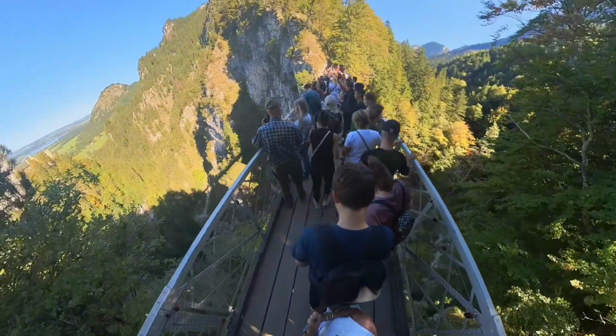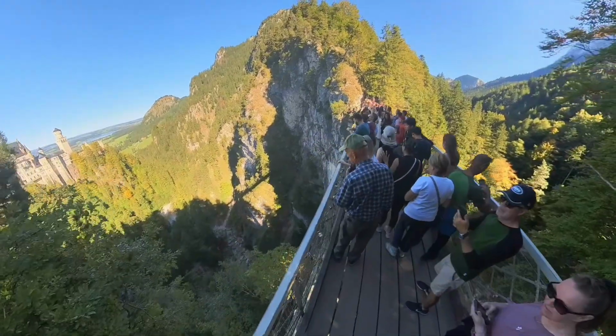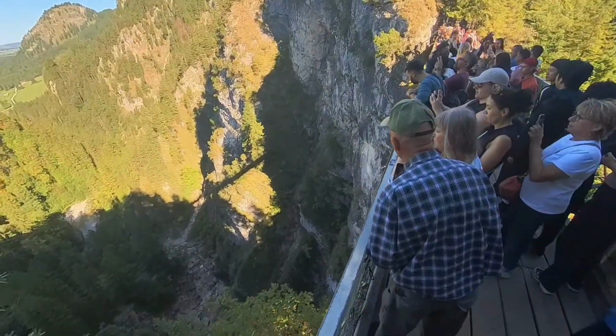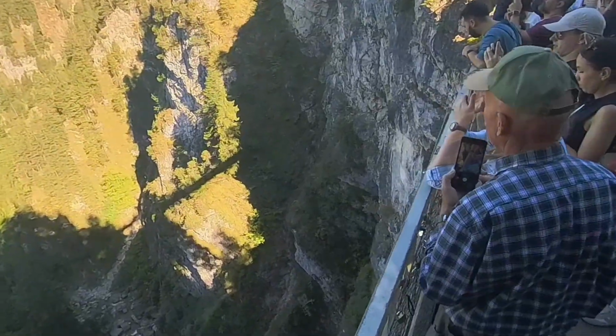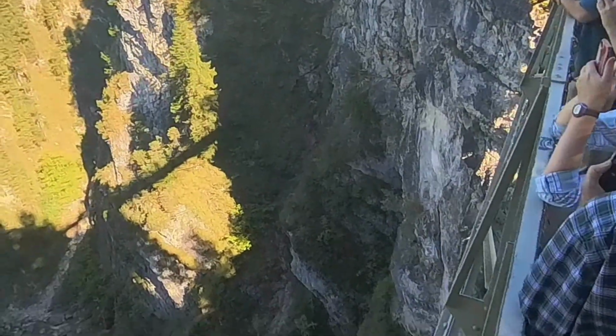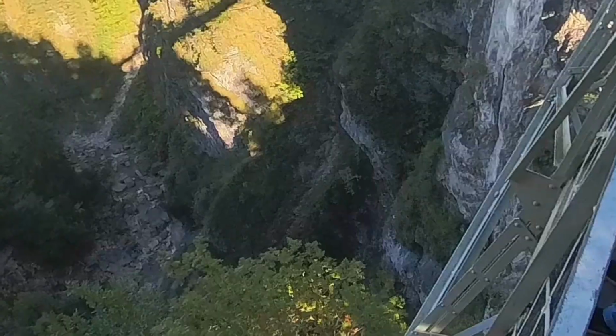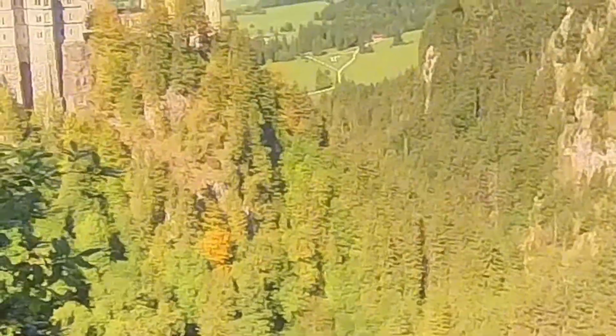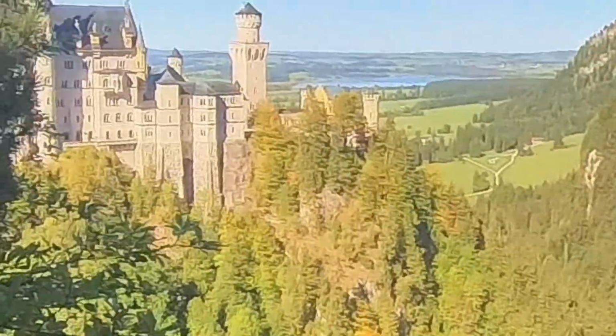We're here on the bridge Marienbrücke, which is a popular bridge offering iconic, stunning views of Neuschwanstein Castle. You can see it's this gorgeous gorge, which is quite the dramatic view, looking down and then up towards the castle Neuschwanstein, which you will also see when you're taking the tour